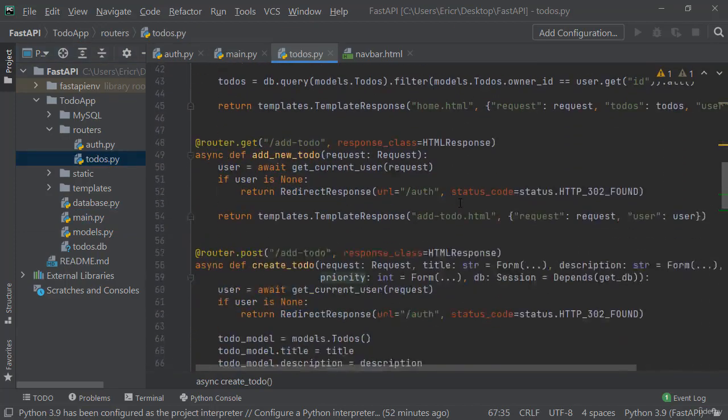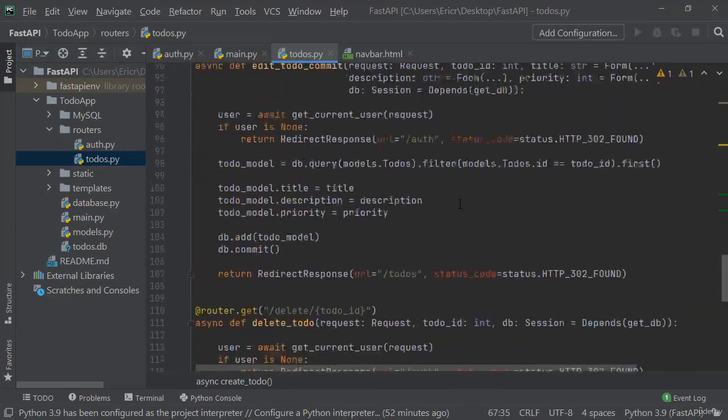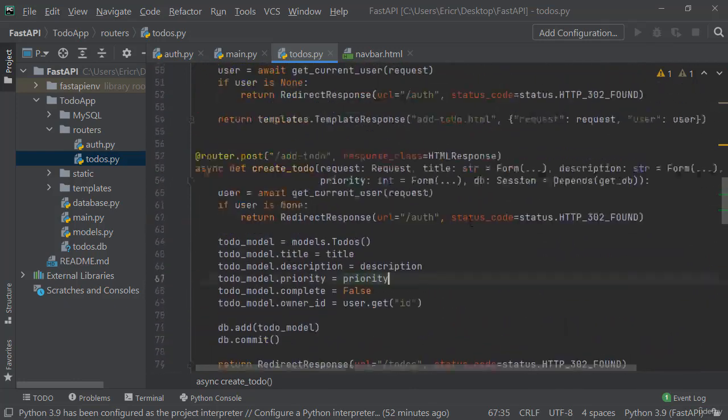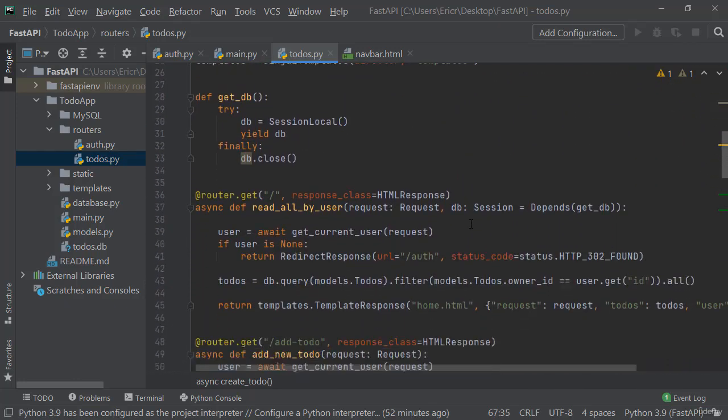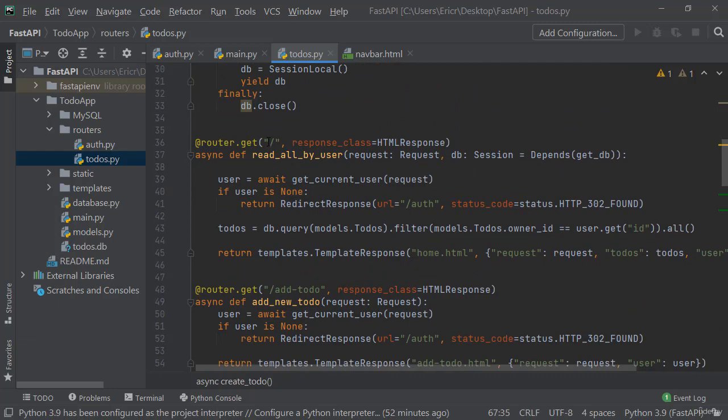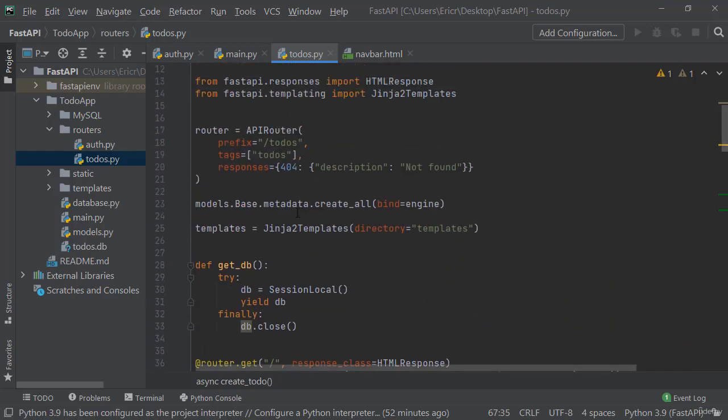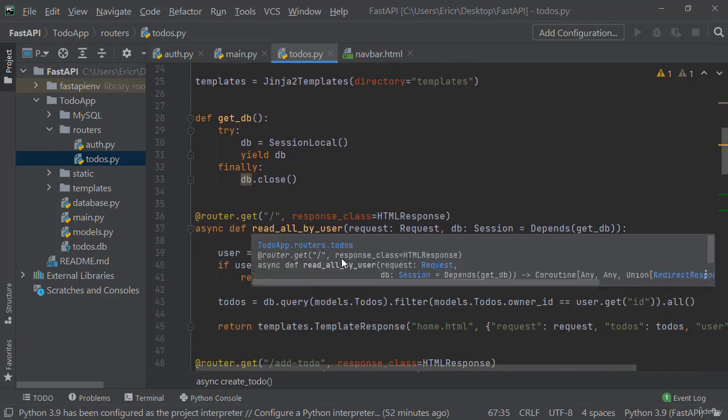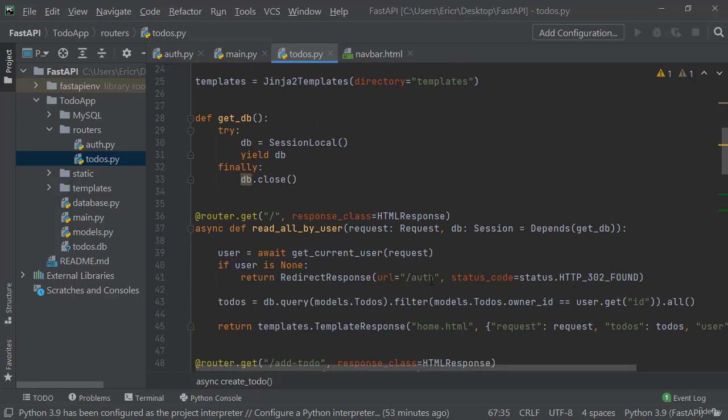And once in our to-dos, we already know that we have a slash to-dos call somewhere in here. Right here we have a slash, which is with the prefix of slash to-dos, so this is actually slash to-dos. And if the user is not valid, we redirect again to auth. So there's kind of a double redirection happening. Slash will bring us to slash to-dos, and if a user isn't signed in, slash to-dos is going to redirect us to auth. We can see this in action, but before we do that, let's open up our file directory